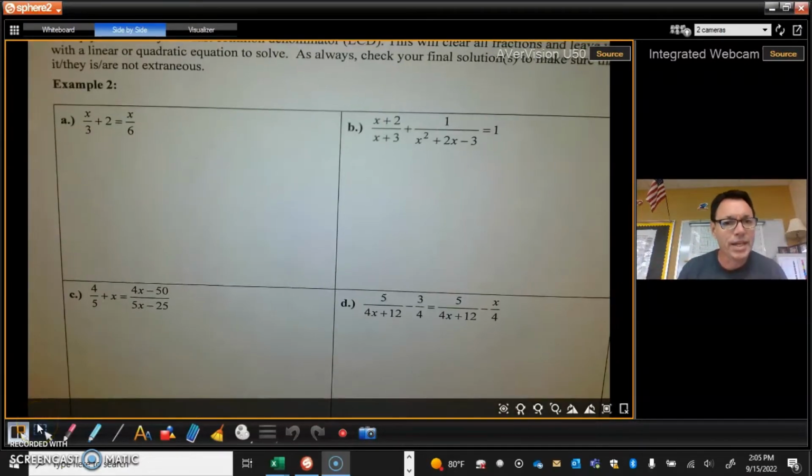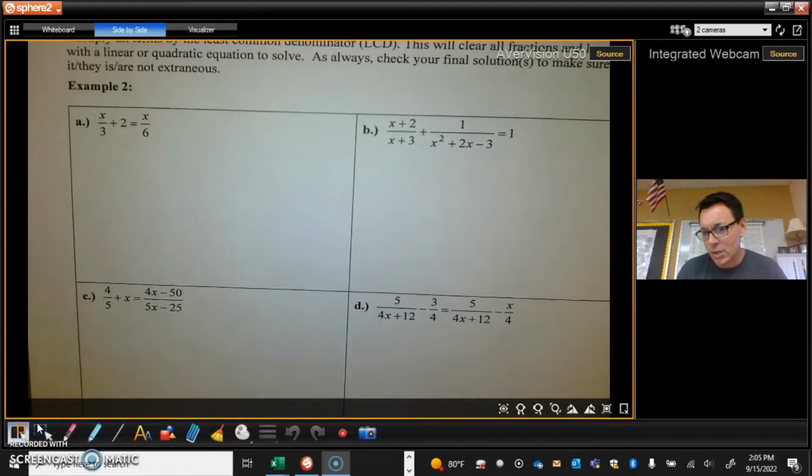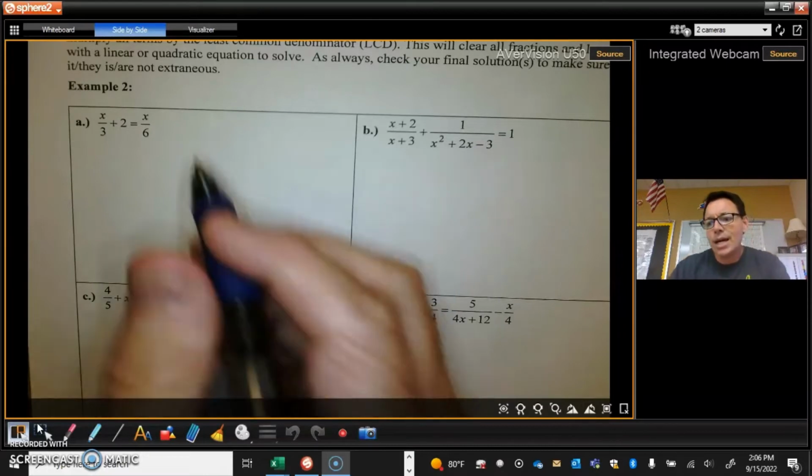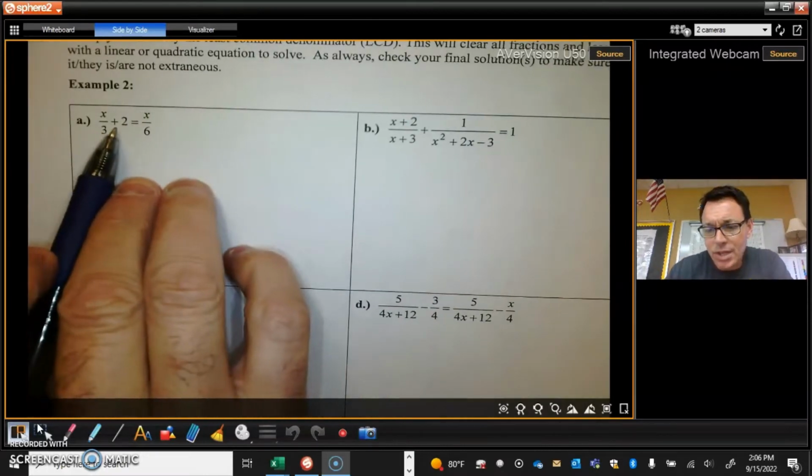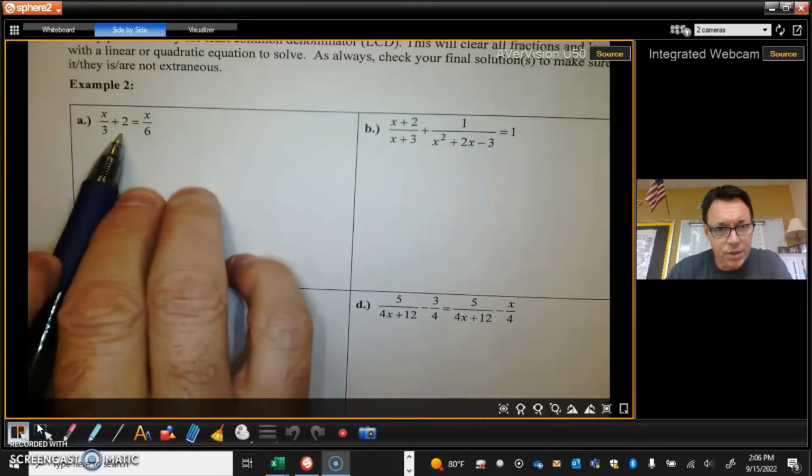All right, so again, let's take a look at the second page. Now, these are a little tougher. These are not proportions, so we can't just cross multiply. Okay, there's got to be another way to solve this. Again, I'm always going to try to show you the easiest way to solve things. And I handle these problems the same way I handled those complex fractions that we had to deal with last lesson. If I have a bunch of fractions that are adding and being equal to each other,